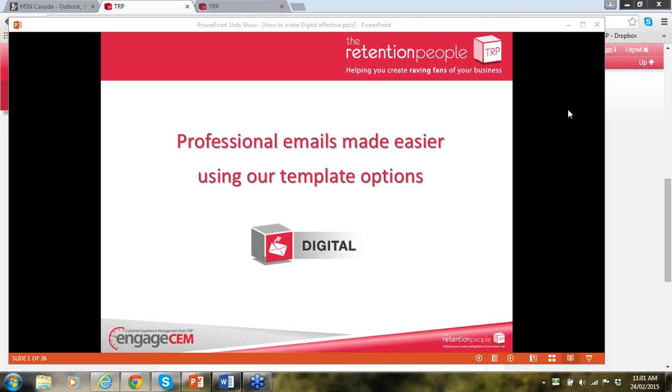Just to review quickly, our TRP tools look after a number of different areas of the customer experience, whether it's in the club, out of the club, and ultimately in your members' hands via mobile devices. Our digital software is our fully automated email and SMS system with integrated social media tools. So today my goal is to demonstrate how our digital template options can save you time,